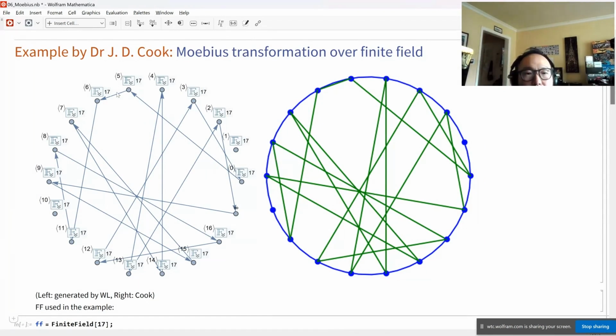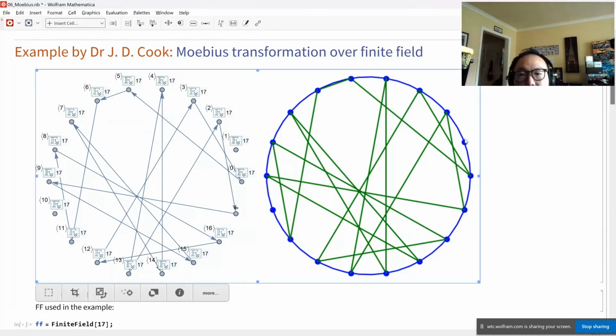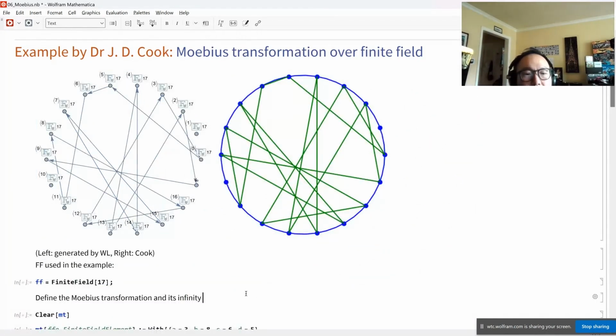If you look at the trapezoid here, there's a big trapezoid here. It's exactly the same. And we have 2 points that do not come with these lines because they are self loops. I have just removed the self loops for a clear visualization of the graph. We use the same idea to generate that, but in Wolfram Language right now, you can do